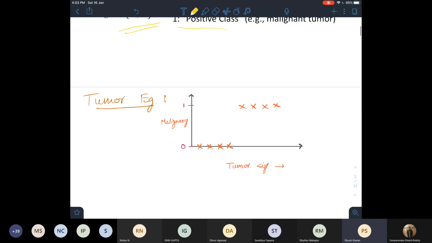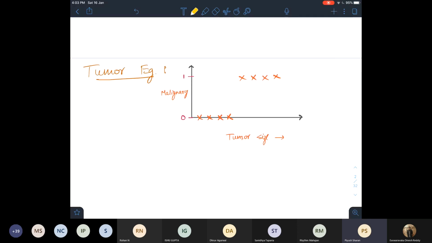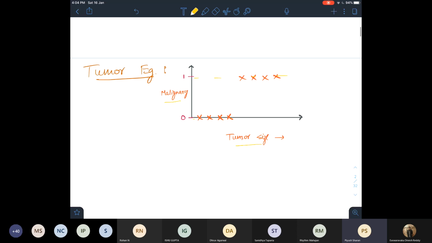So say that for a tumor example, I have a plot of the true values that I got from the data set. On my x-axis I have the tumor size, and on y whether it is malignant or not. Notice how they are taking a discrete set of values and not something intermediate in between.